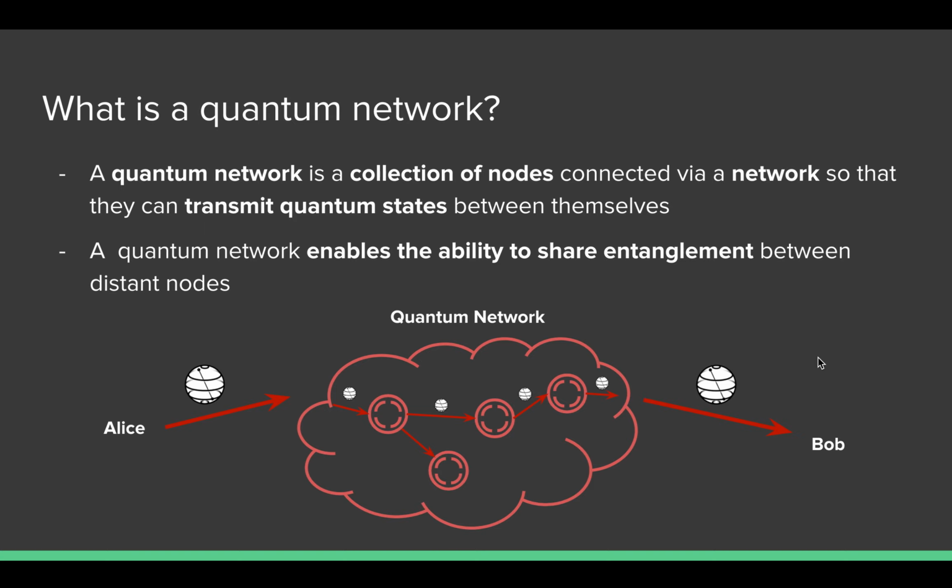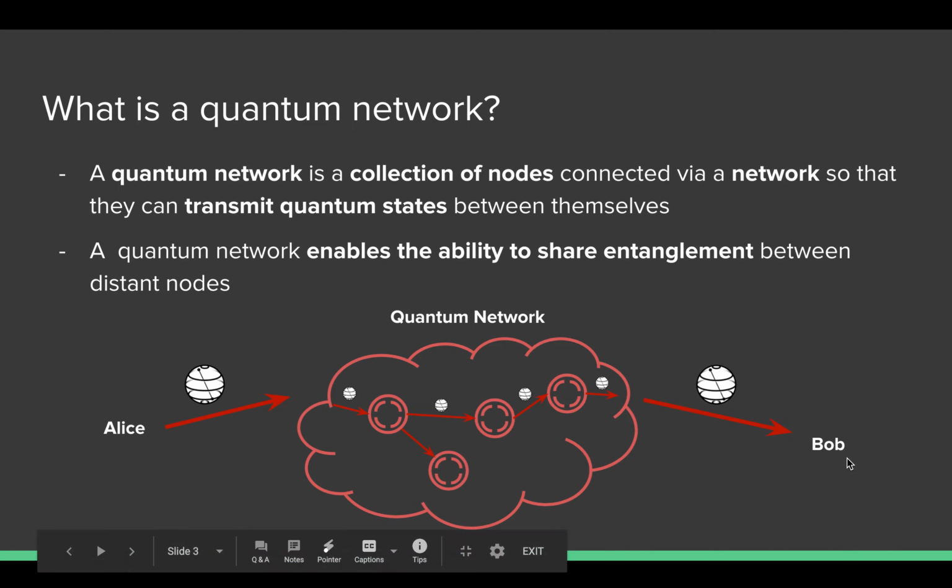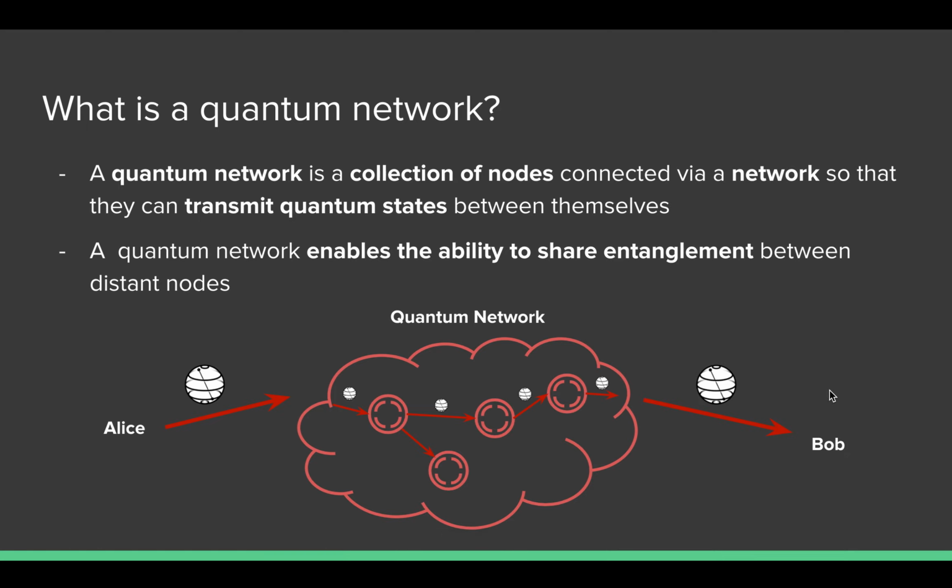Another thing that I think is a defining property of quantum networks is that they need to allow these two communicating parties to share entanglement. This means that there needs to be a way for Alice and Bob to share entanglement even when they're not directly connected. There's lots of research on how to distribute entanglement in a quantum network. This is the heart of what quantum networking is.